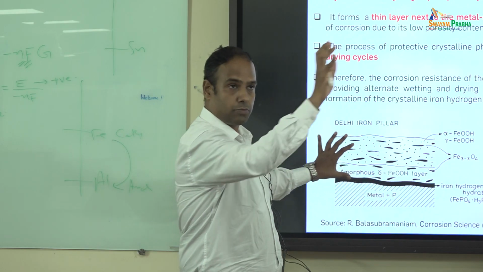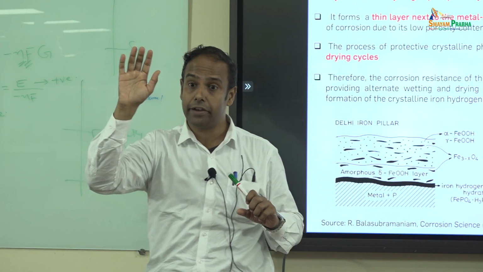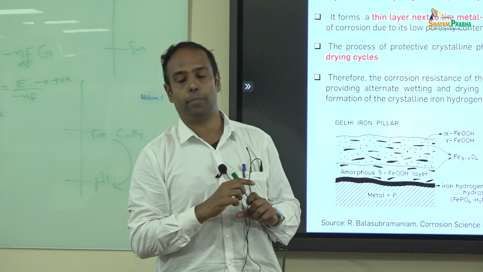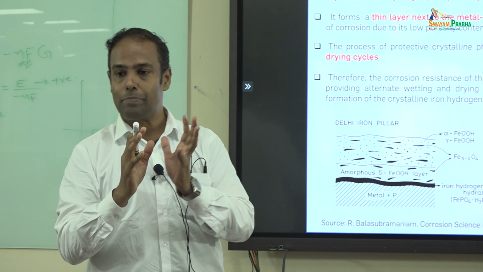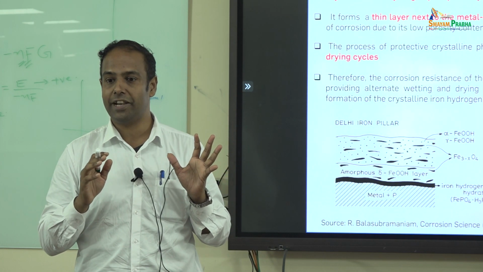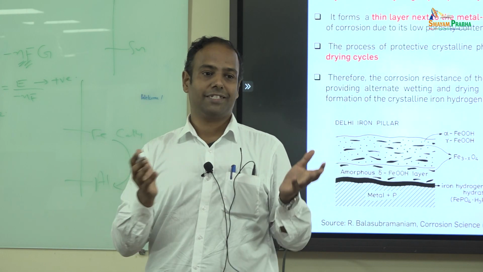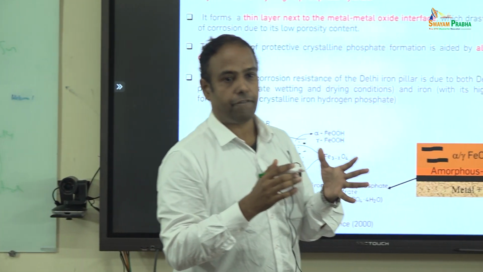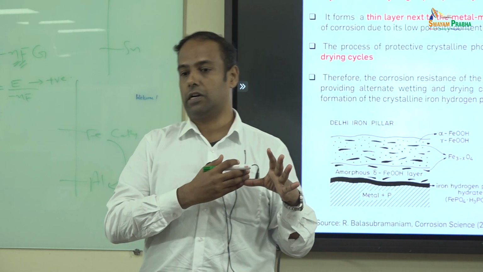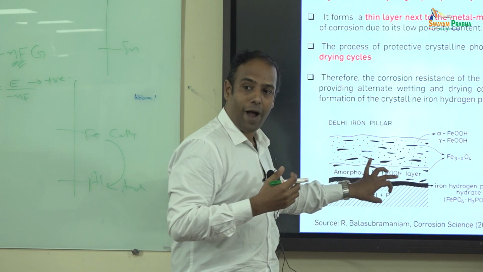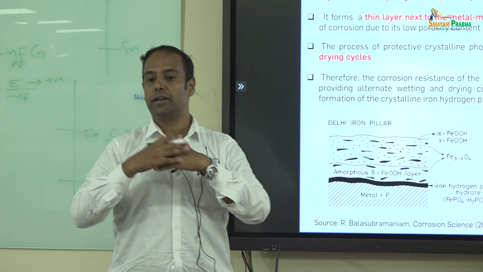Is it possible that I can translate that patina to iron? Can I take that patina formation which is adherent on the surface of copper and preventing copper from corrosion, and bring this patina formation onto a simple iron-based metal? What do I need to do? I have to make it adherent enough. One such steel which uses this concept of formation of rust, which we can also call patina, is called the weathering steel or the Corten steel. The only thing is the composition which you add helps it to be more adherent to the surface, therefore preventing failure.